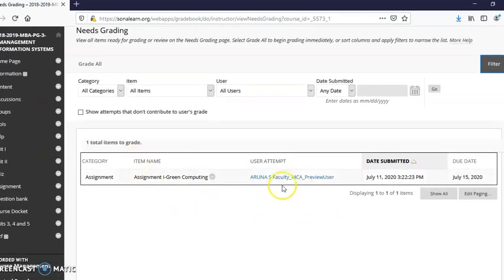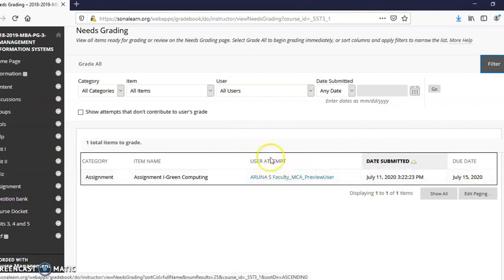So far, we have uploaded only one assignment from the student preview, because that user is myself. I have created an assignment and I have uploaded an assignment from the student mode. So that is showing here. Now I am going to assess this assignment which I have uploaded from the student mode. For that you select this one.